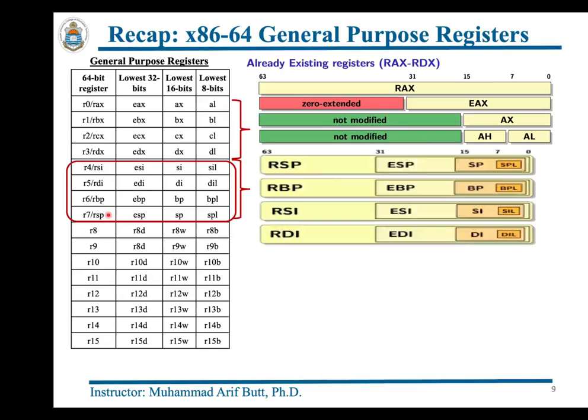And if you want to access the lowest 8 bits, you can use the names SPL, BPL, SIL and DIL. For the lowest 16 bits, you can use SP, BP, SI and DI. And for the lowest 32 bits, you can use ESP, EBP, ESI and EDI. Okay, so these are the 8 registers, and for the rest 8 registers from R8, R9, R10 so on to